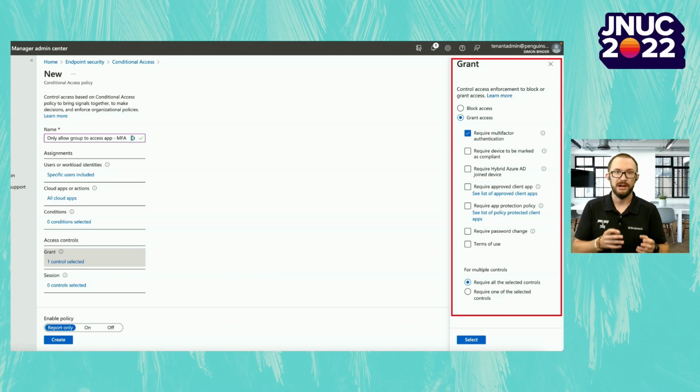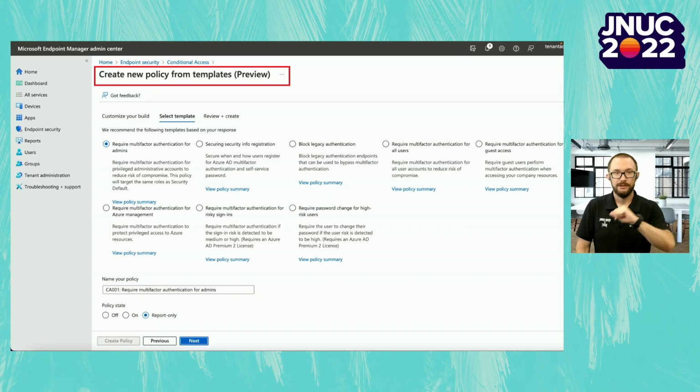To avoid that, I want to give you two additional resources that I use in most of my implementations today. First, Microsoft are now providing a number of templates that you can use to configure policies in accordance with their recommendations. You're of course able to configure them to your organization's needs and your groups, but it's certainly a good start. Do not, however, implement them all at once and without understanding what they do first.